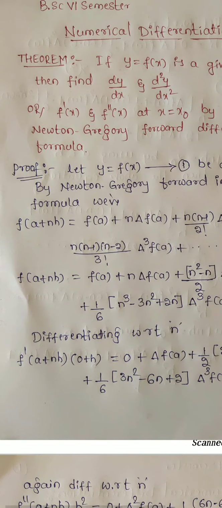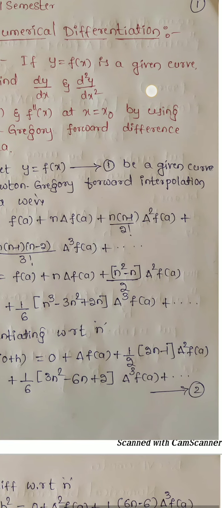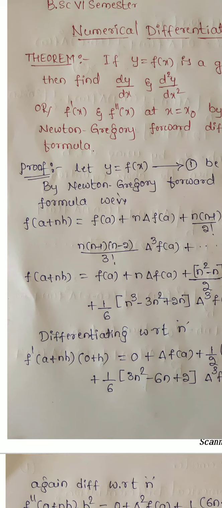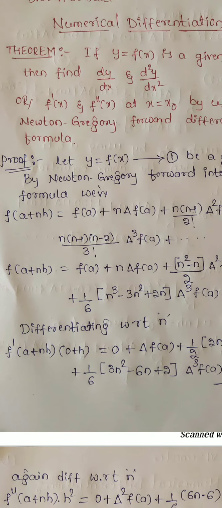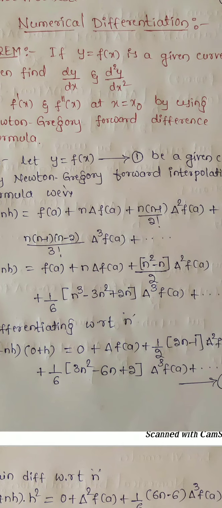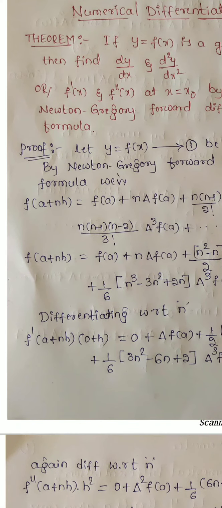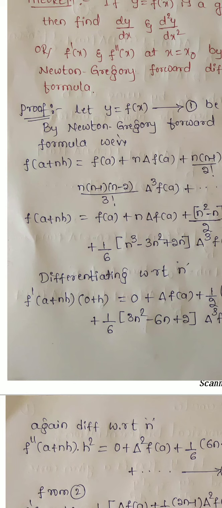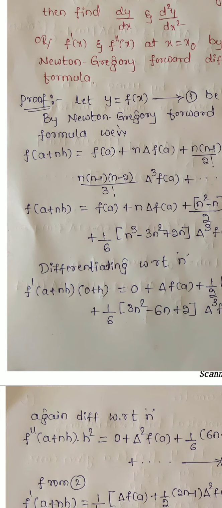Here we have a theorem: if y equal to f of x is a given curve, then find the first order derivative and the second order derivative, that is dy by dx and d square y by dx square, or else f dash of x and f double dash of x at x equal to x naught, by using Newton's Gregory forward difference formula. Proof of this will be: let y equal to f of x be a given function, then by using Newton's